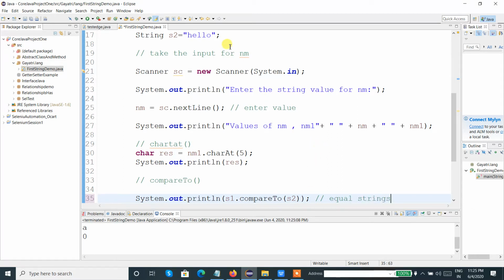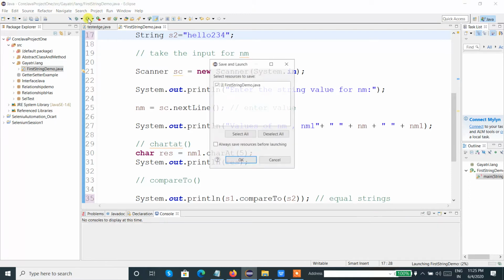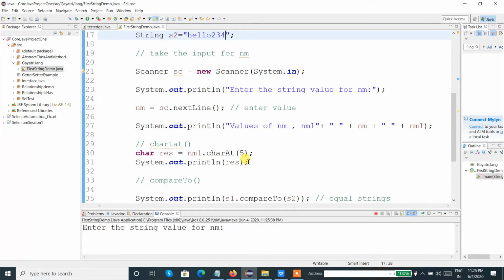Now let me give some other data to the second string, so both strings are not equal. What will be the output of compareTo? Let's check. -3, that means the first part of the string is the same and three characters are dissimilar.